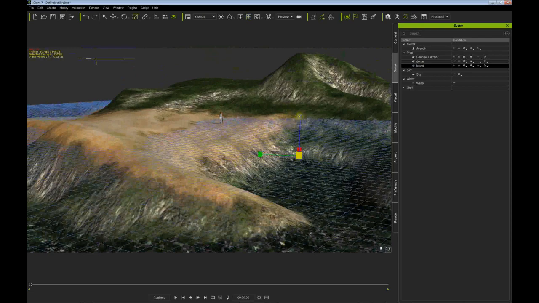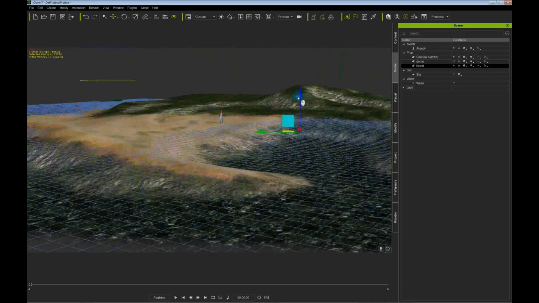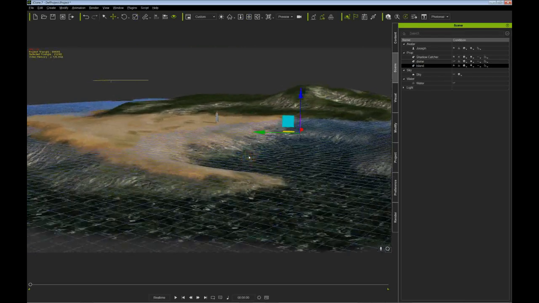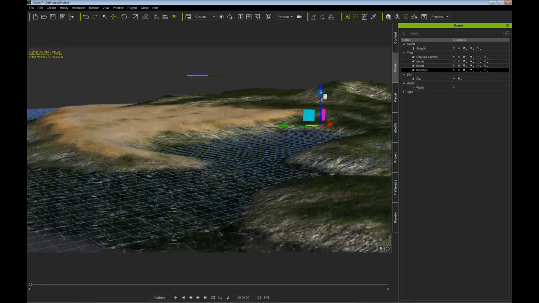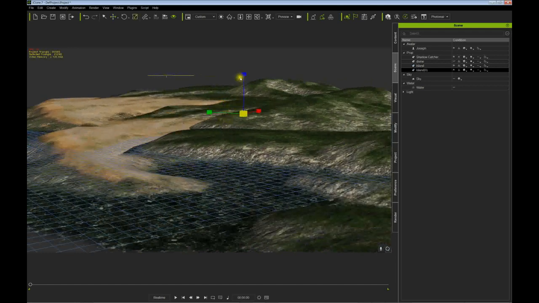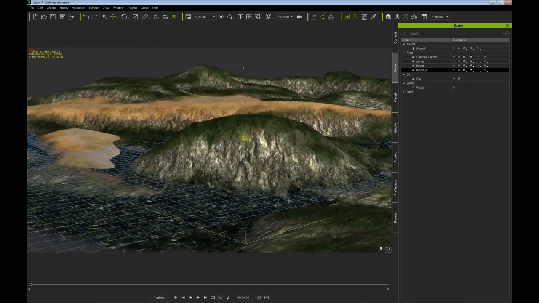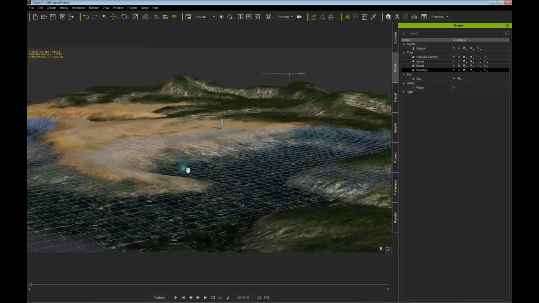And let's say get it close to our actual grid line, which is cool. But another thing that we can't do with the height maps is we can't have multiple height maps. With these old mesh, once you convert them to a prop, you can have multiples. So I'm going to hold down the control key, and now I have two, and I can have one of these in the background, let's say, and create some mountains,